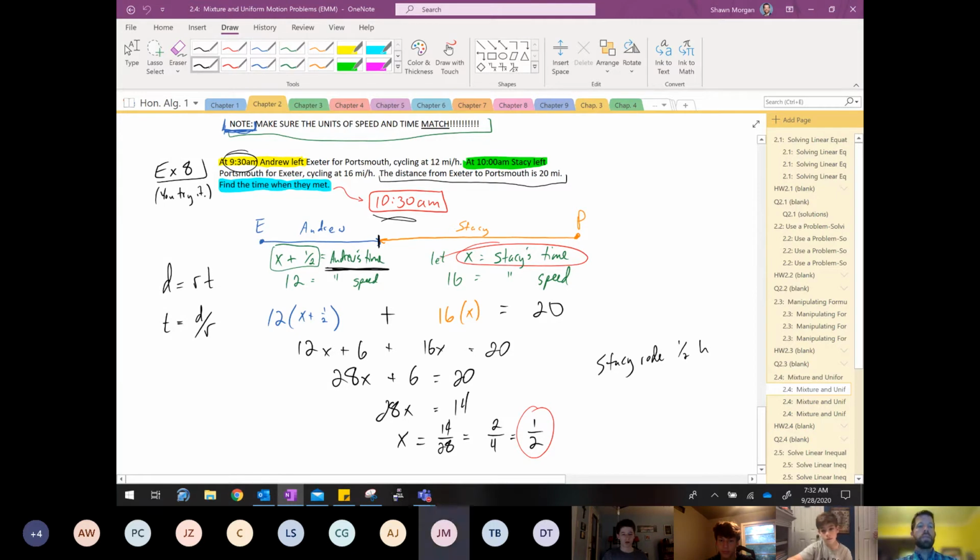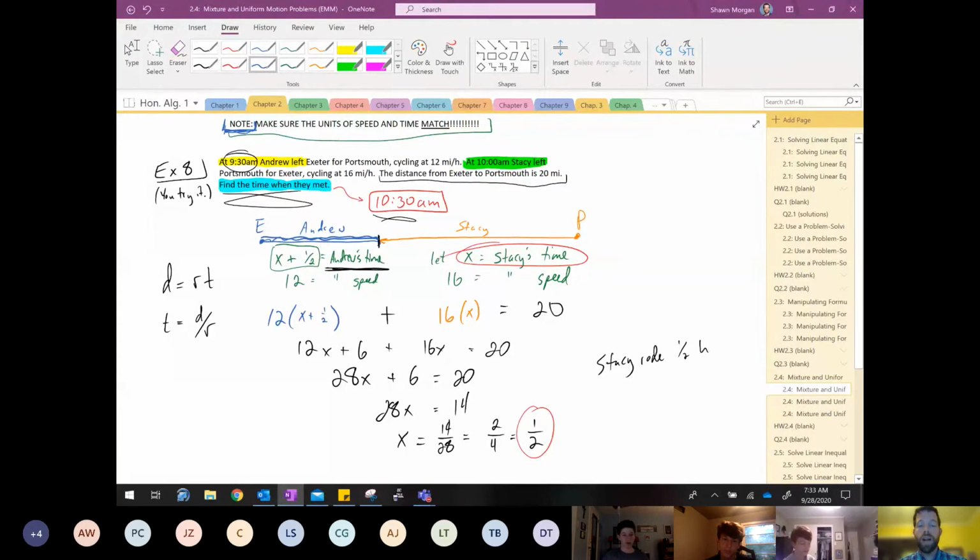Yep. Because that question in blue could have very well been written differently. It could have been, hey, how long did Andrew ride? Or, hey, how far did Andrew cover? What was Andrew's distance? And what we ought to be able to do, fellas, is answer any question that they possibly ask us about that, right? For example, what if we wanted to know how far Andrew's distance was? If we wanted to know how far he rode, we would just multiply the rate times the time to get that